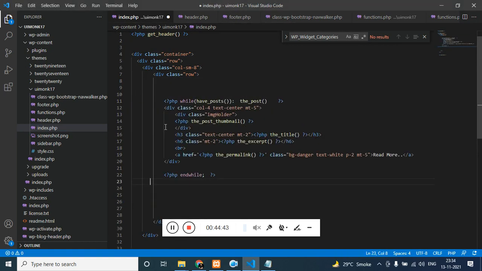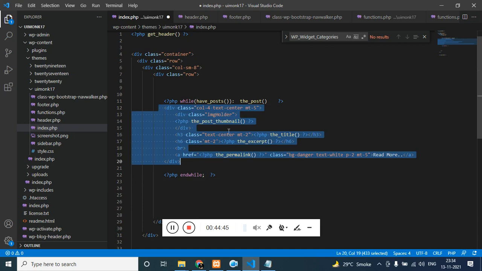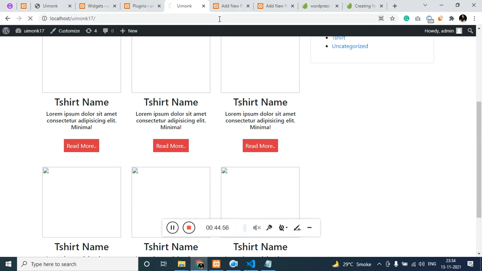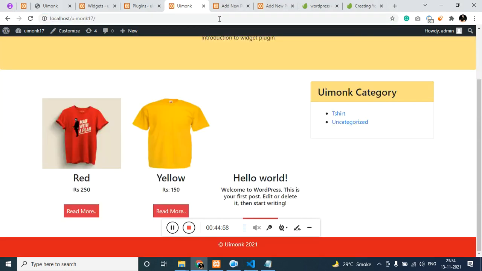If there is a post, then show the image. Image can be seen with the post thumbnail, the title, the excerpt, the permalink. We have seen this many times. I'm just pasting it and moving forward. So these are the two products which we have. We can delete this product. Now if I click on read more,